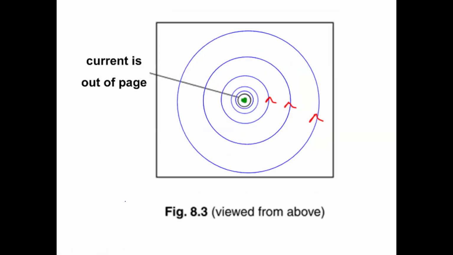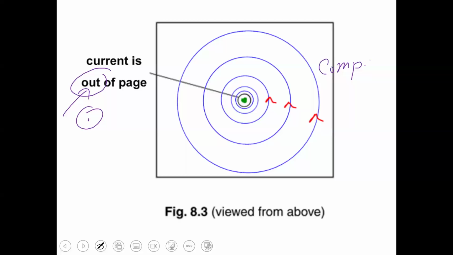Good. Now look at the next diagram. Can you see what's happening here? It's a dot. Dot means out of the page. Here, you have to put your hand like this. This is one of their favorite diagrams which come in the exam. You people have to remember that you people should be using